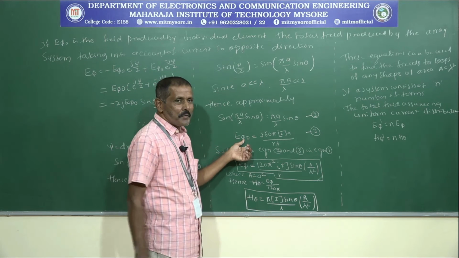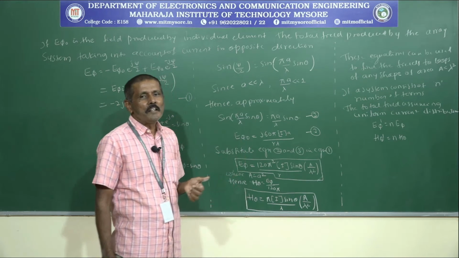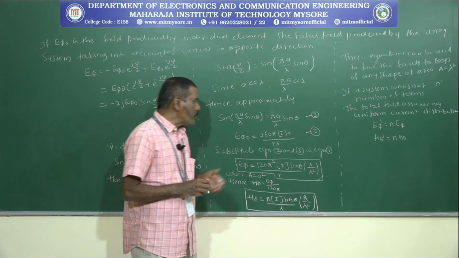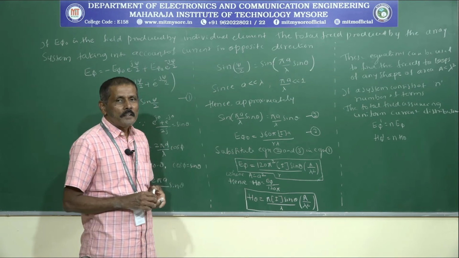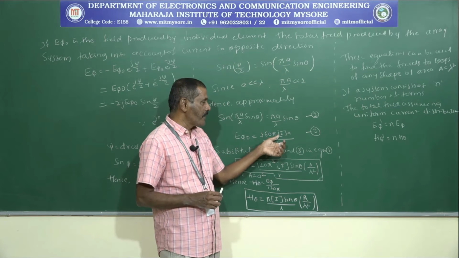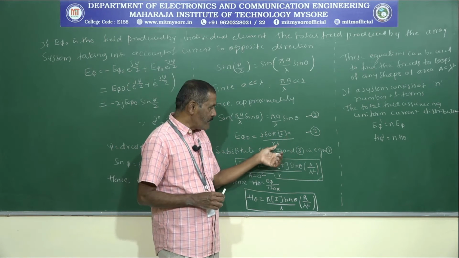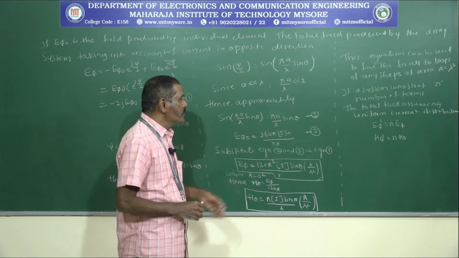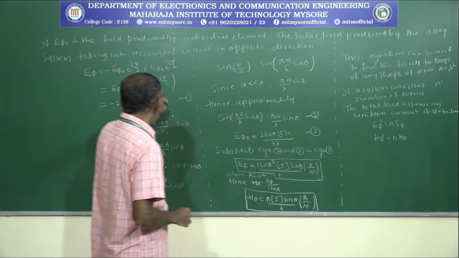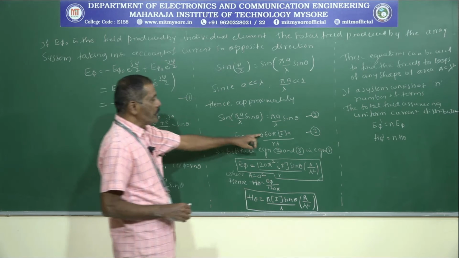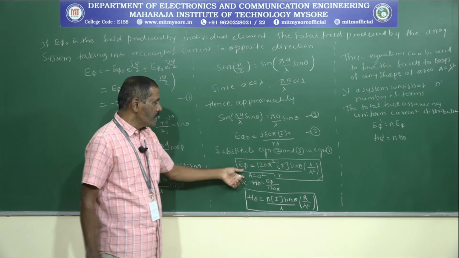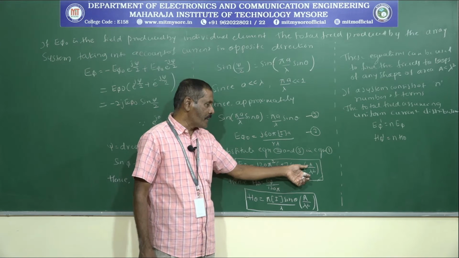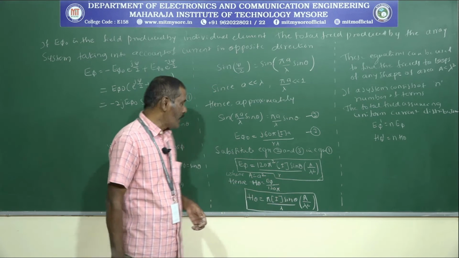And E phi 0, that is the field produced by the individual element, is equal to j 60 pi into I into A divided by r lambda. Call it equation number 3. Then substitute equation number 2 and 3 in equation number 1. If you substitute equation number 2 and 3 in equation number 1, then E phi is equal to 120 pi square I sin theta into A by lambda square divided by r,